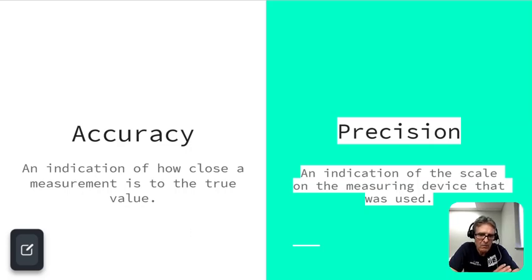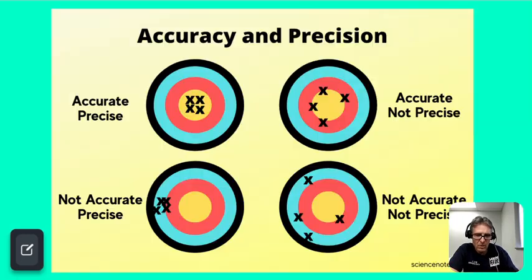Precision is an indication of the scale of the measuring device that was used, and it's also an indication of, if you have multiple samples, let's say you measure it 3 or 4 times, how close those measurements are to each other. For example, if we use the analogy of a target, let's say we shot 4 arrows at the target, and they are all right in the bullseye in a nice tight group. Well, that would be both accurate, because the arrows hit the bullseye, and